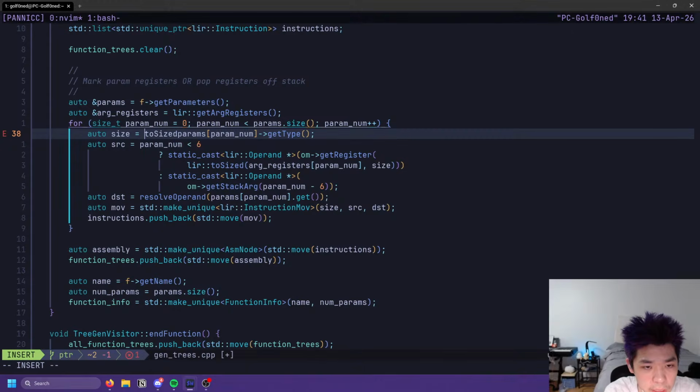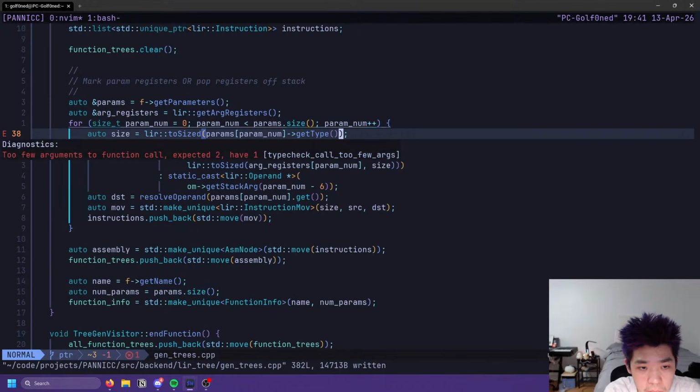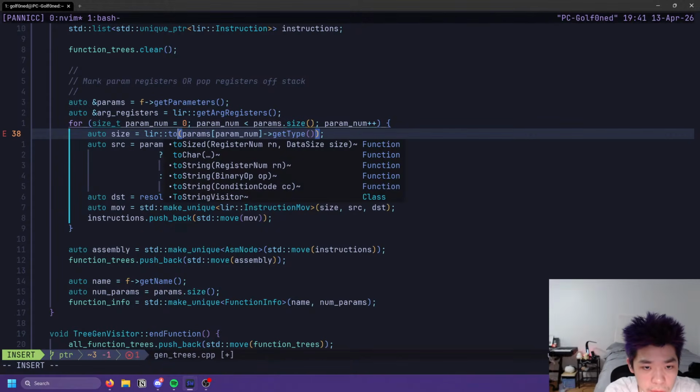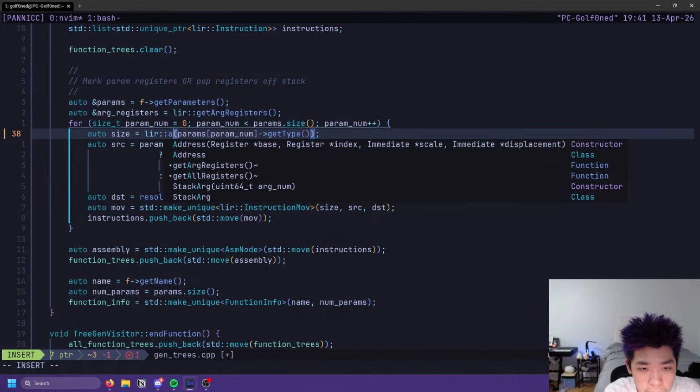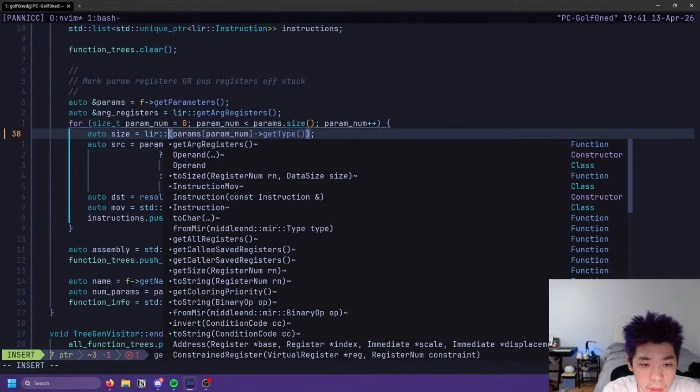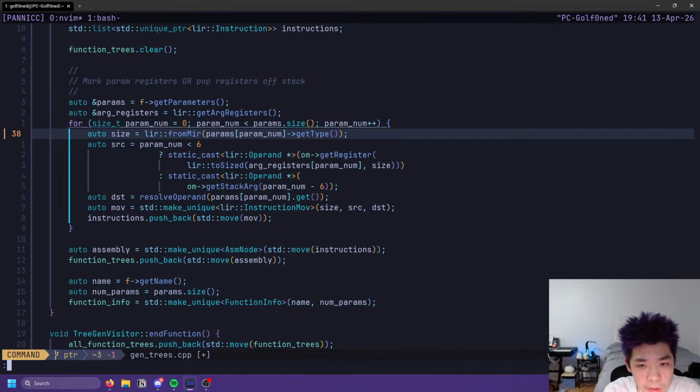Oh, we need the LAR namespace. I don't know what namespace this is actually. This might be LAR tree, I think, if I had to guess. Or wait, no, this is to from MIR, that's what it was.